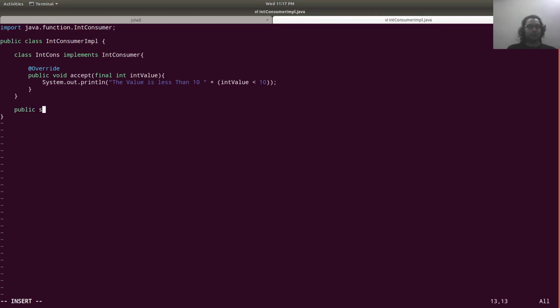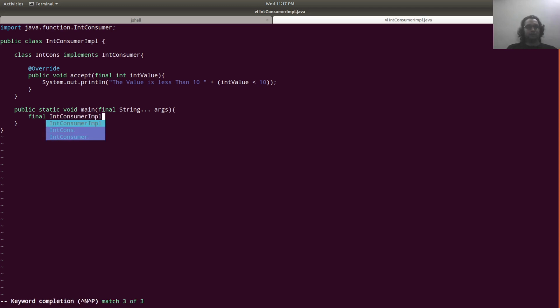And do something like putting the main function. IntConsumer obj is equal to new, so let me create a list.